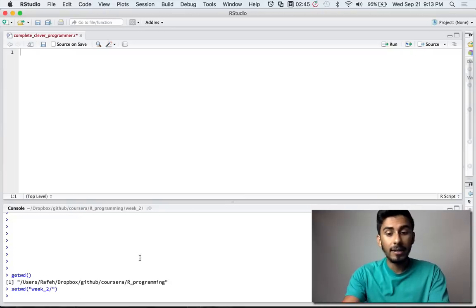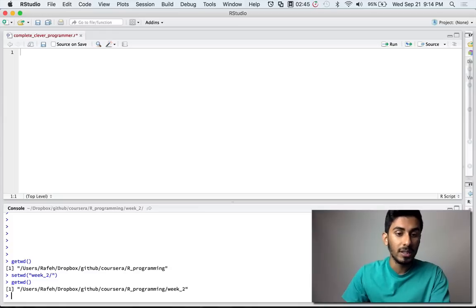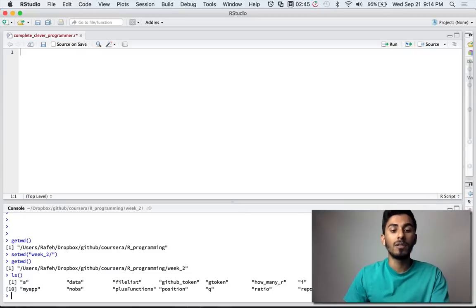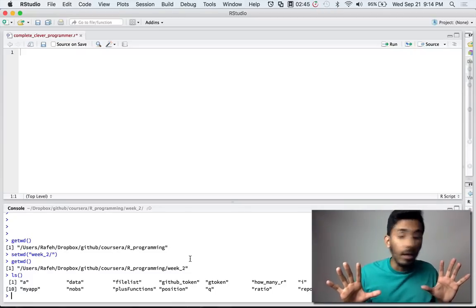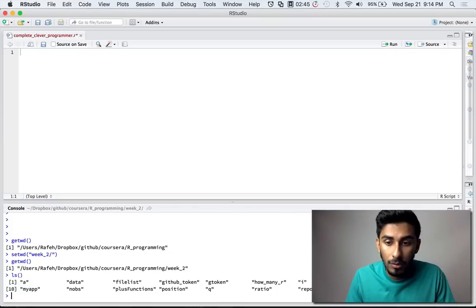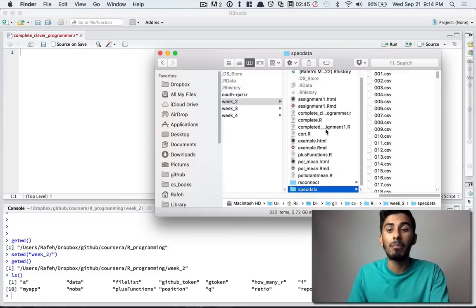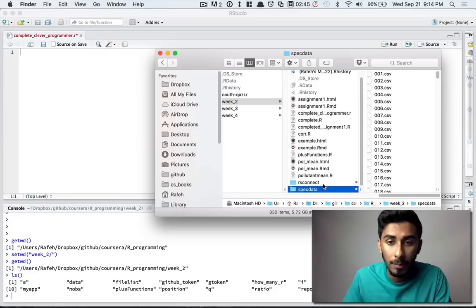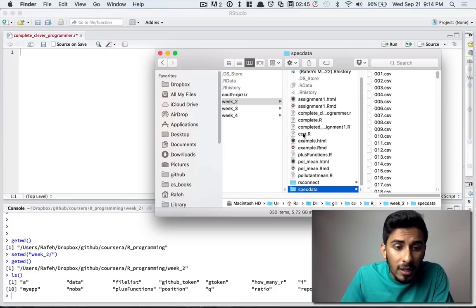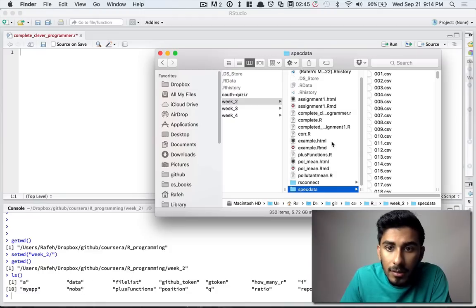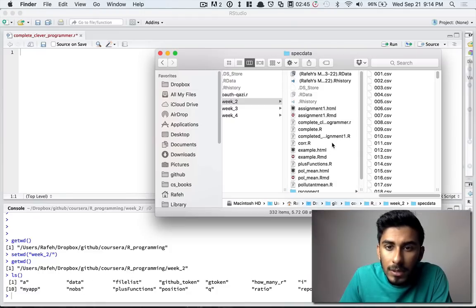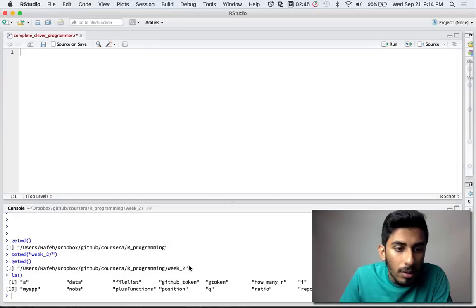Okay, so if I did getwd now, I should see that I'm in week 2. That's good. Now I can do ls to see what's around me. Okay, it's kind of like I'm looking around. So if I look around, I have all these things like file list plus functions. So let me just check if that matches what I found in my Finder, or in your Windows, it's like your Windows Explorer or whatever. Is there file list near me somewhere, or any of these things? A data. None of that is there, but